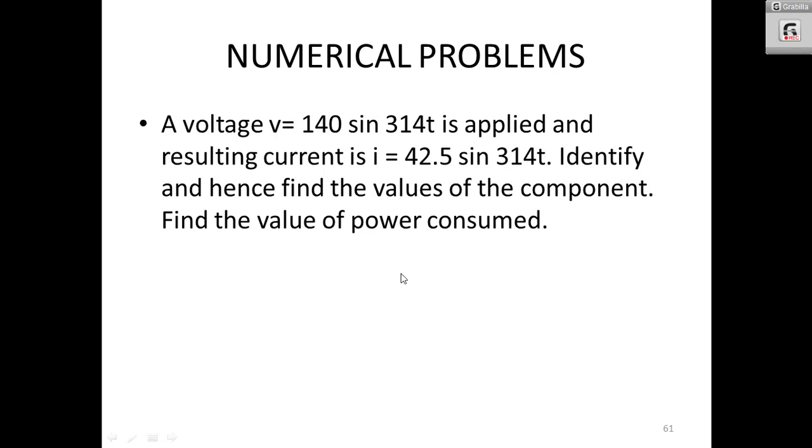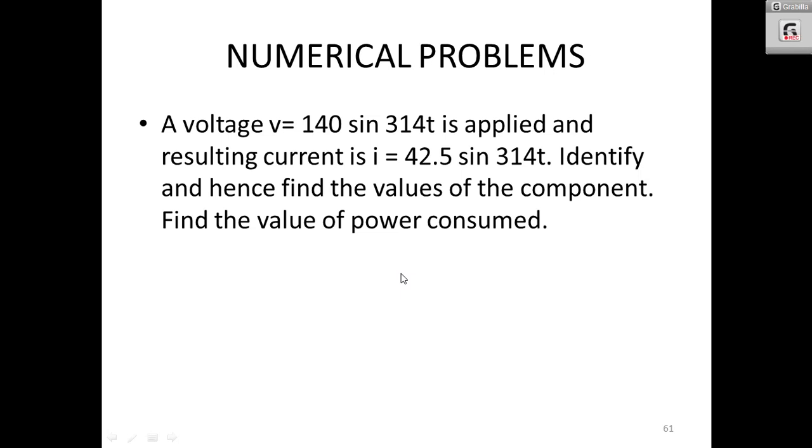We will be dealing with three problems. The three problems are basically on how to find the components of a series circuit, provided different voltages and currents are given. Once more I will explain. A voltage will be given, a current will be given. You have to find the values of the series components. That means it can be RC, RLC or RL or even R, L or C, and find the values of it based on the values of voltage and current given.